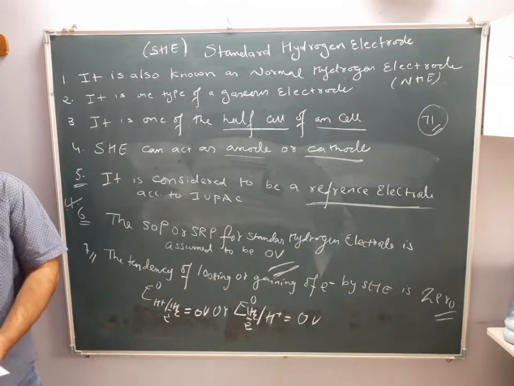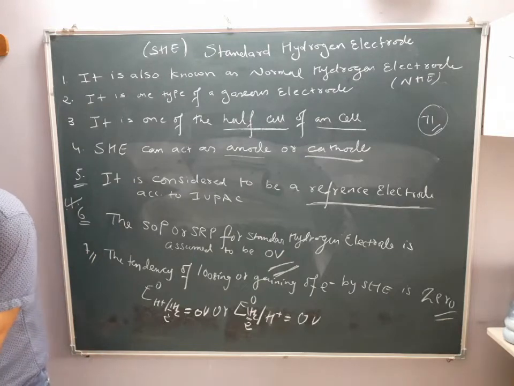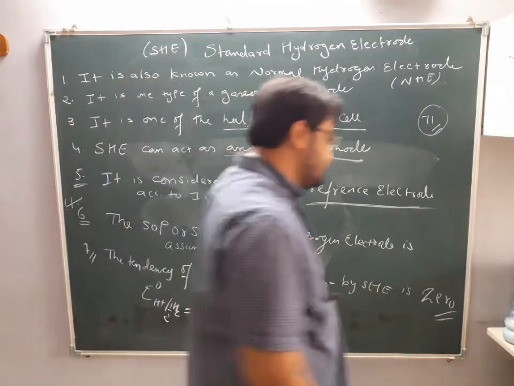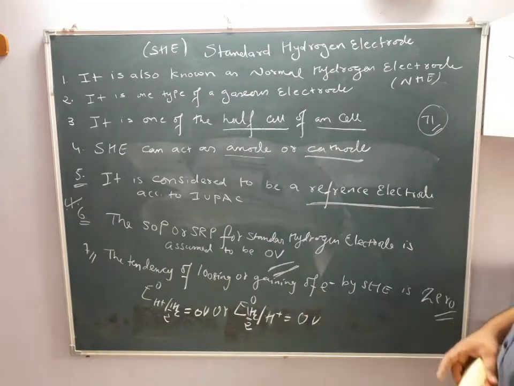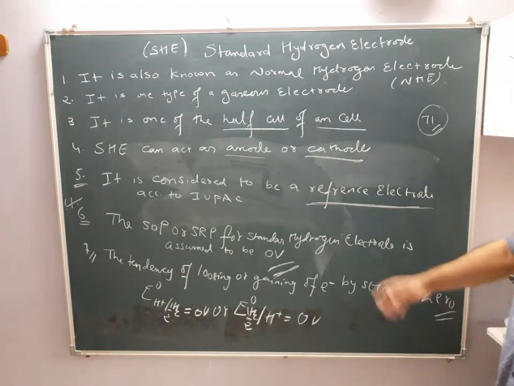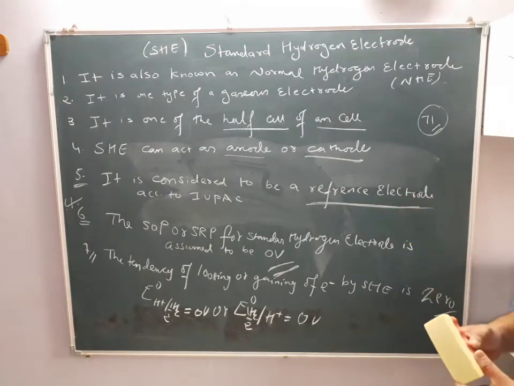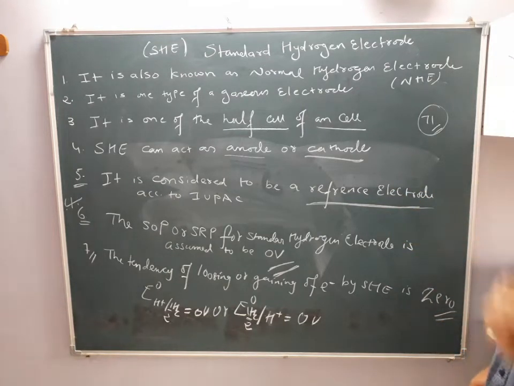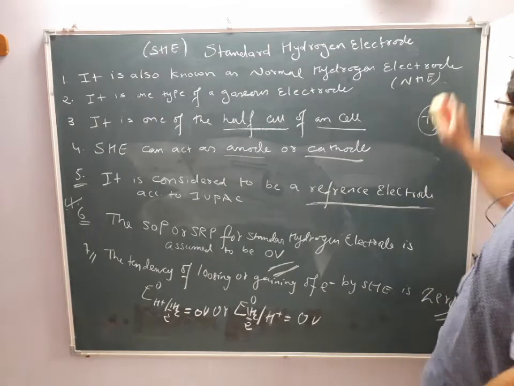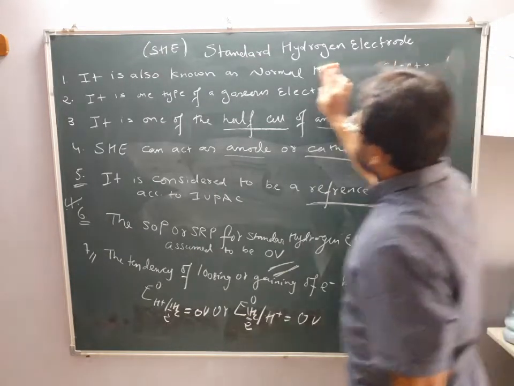So next part we will go with, I hope you have written this. If not, you can take a screenshot and pause. After taking the pause, please revise it once more or write it down in the book. Now we will see its construction, how it is constructed, what is required, how the reactions are working. So next point we will see the construction.